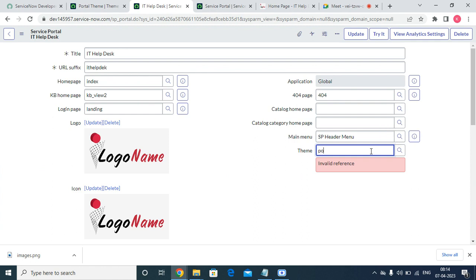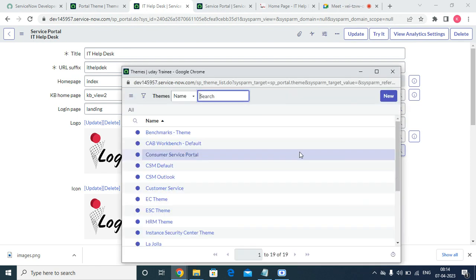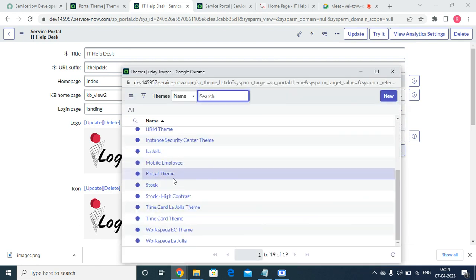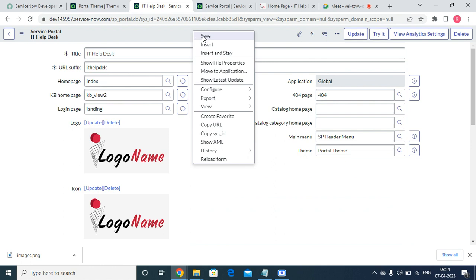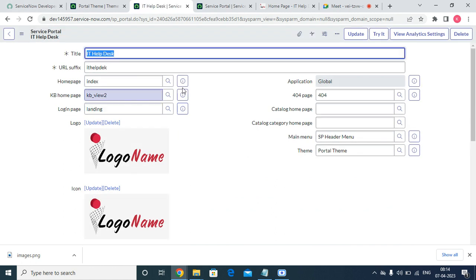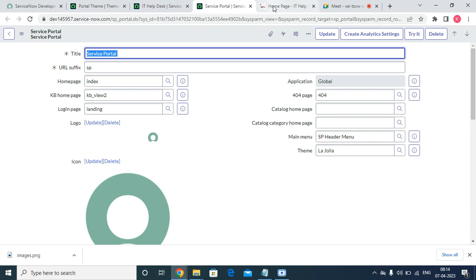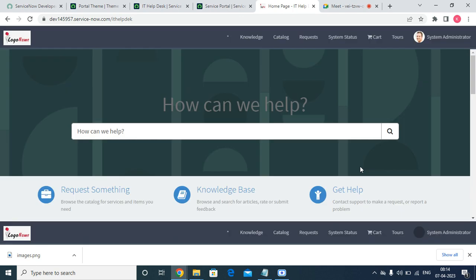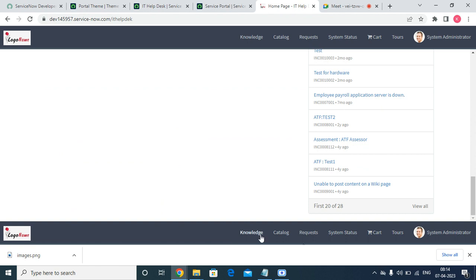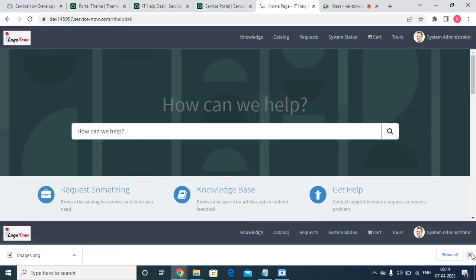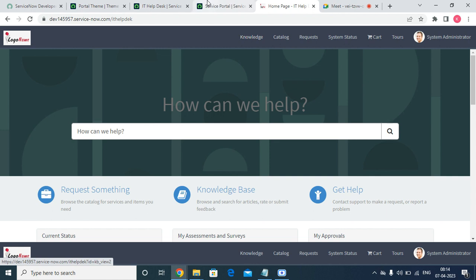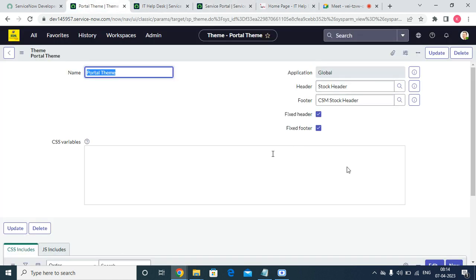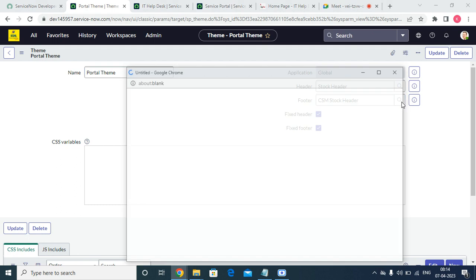Now if I go to this portal, if I use this portal theme, see, because the headers we have given, the second portal header is also given, since we use the same thing. Here we have given the same footer and same header. If I give a different footer,